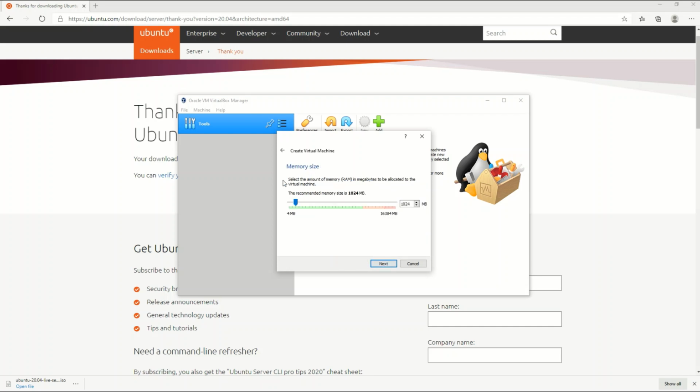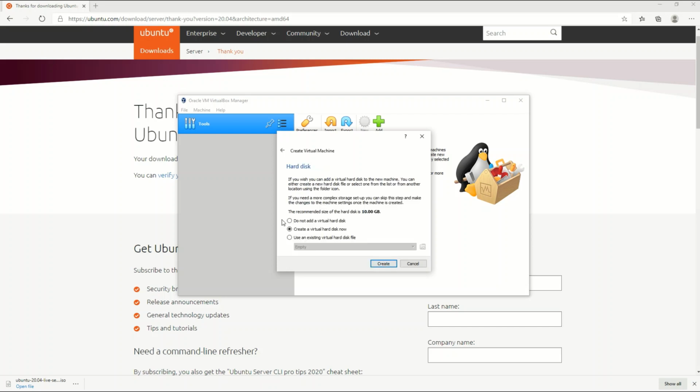And then first it checks for the memory size. By default it allocates like 1 GB. I would like to give it around 2 GB here. So it's 2 GB allocated as the memory, which is sufficient for our exercises. And then we're going to click next,